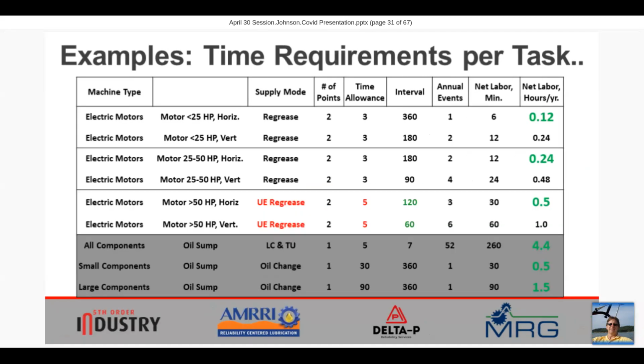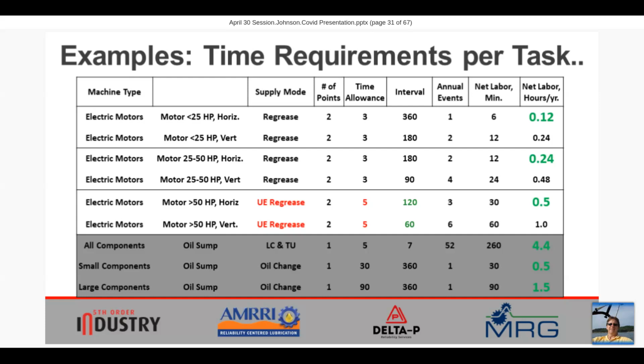Let's say it's a large electric motor. And now let's say it's even a critical motor driving a critical function. So we're not just going to feed grease according to a well-detailed plan. We're also going to use sensory tools to help us regulate the flow of grease while we're there. Of course, the use of more sophisticated tools requires more time allocation.